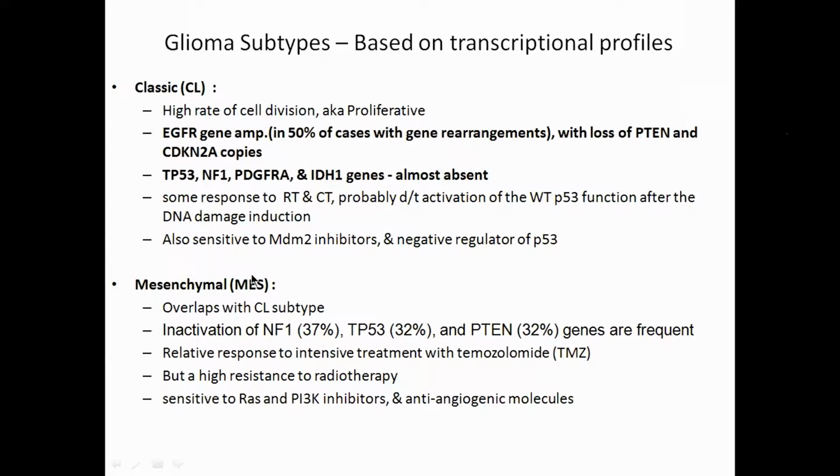This also overlaps with the classic subtype, but it shows P53 mutation, NF1 gene alteration, and PTEN deletion. These are the most frequent types of genetic alterations seen in the mesenchymal type. This is also relatively responsive to intensive treatment with temozolomide, but has a little bit of high resistance to radiotherapy because P53 is mutant here. And they are sensitive to RAS and PI3 kinase inhibitors as well, and anti-angiogenic molecules as